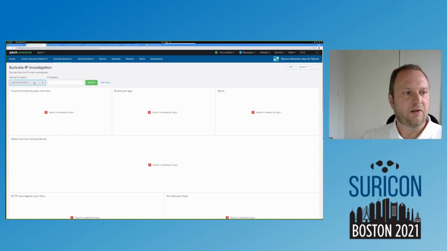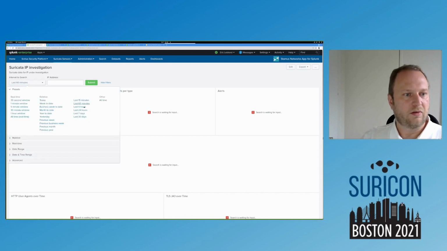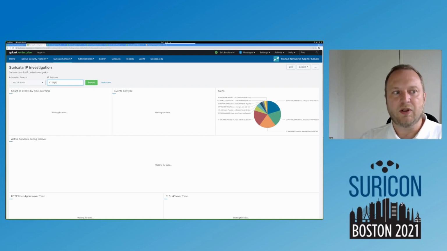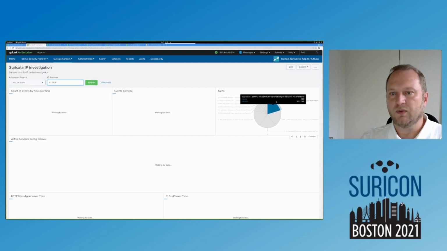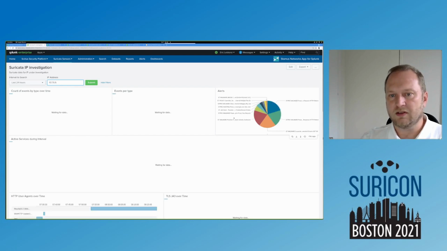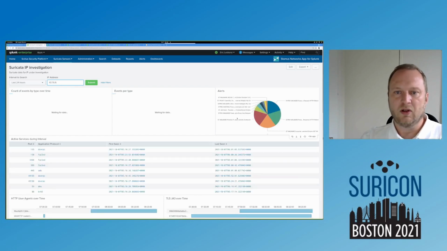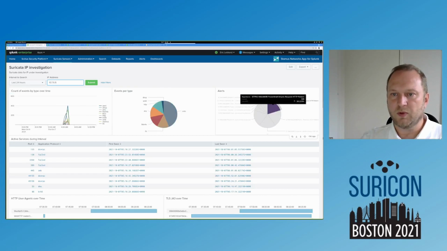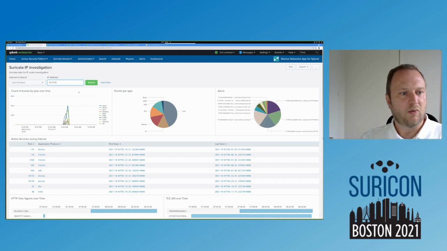So here I need to add an input. First I will just take 24 hours to have data. And then I will focus on this 10755. We will run a query on this IP to get various information. The first one that comes up is the alerts. As we can see, we've got quite a lot of stuff. It looks like we've got some Dridbot, some other malware, PowerShell Empire. Okay, so this is really a box that has some issue. We can see on the traffic that the traffic was located here.